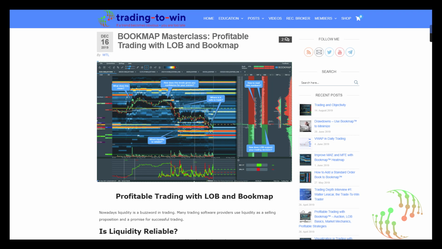Our trading is based on real-time data on the limit order book and its visualization in Bookmap. No other indicators are needed. When a trader understands how to utilize the numbers in the limit order book with its graphical depiction in Bookmap, it becomes natural to see what the market is doing and what the market intends to do. Based on that knowledge, we are in the position to predict the market's direction, its expansion or targets, and trade accordingly